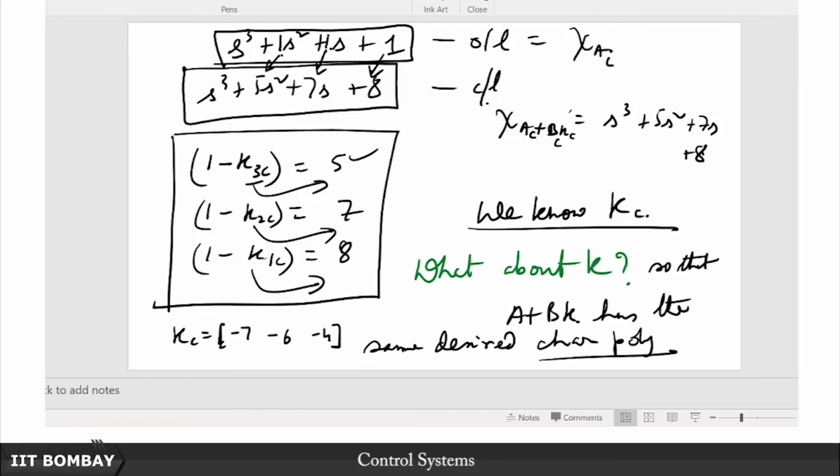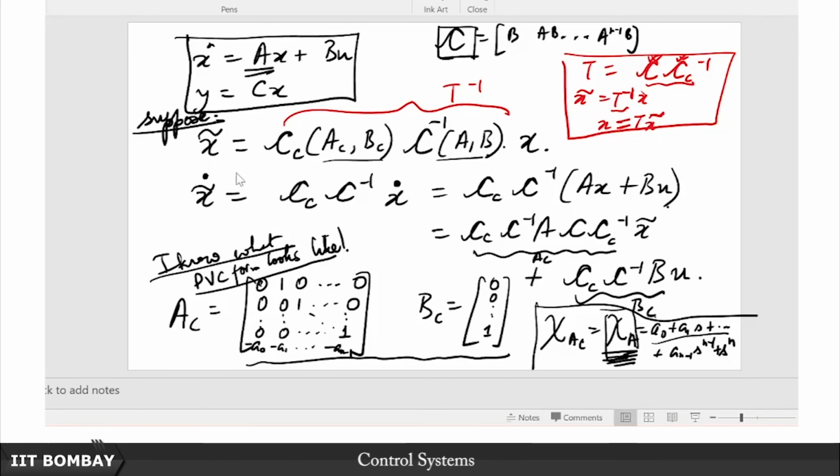So this Kc can be applied in the controller canonical form or in the phase variable canonical form. But that is not good for me, because this form is just an artifice that I have created. I started with an actual realization which is in terms of A, B, C. We have seen earlier that we can go from any controllable realization to any other through a similarity transformation. So that is why I cooked up that similarity transformation and went to the controller canonical form, and found that it is very easy to design the gains there. But that does not end the story.